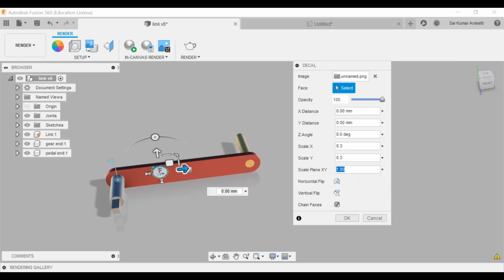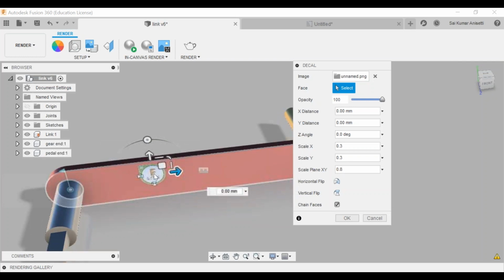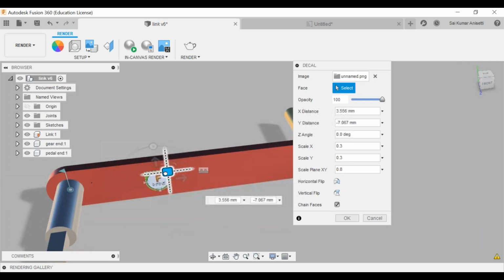You can give X and Y both directions as 0.3. Accordingly you just scale your object and place it wherever you want. You can click opacity or whatever it might be. Then you just increase the scale to 1.5.